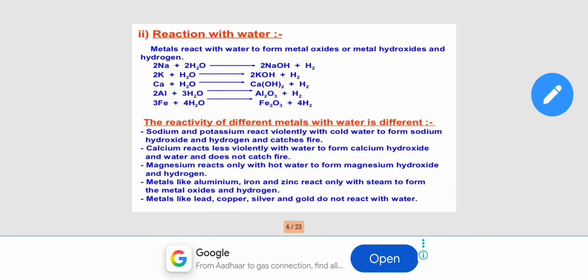Metals like aluminum, iron, and zinc react only with a stream of steam to form the metal oxide and hydrogen. Metals like lead, copper, silver, and gold do not react with water. Okay,